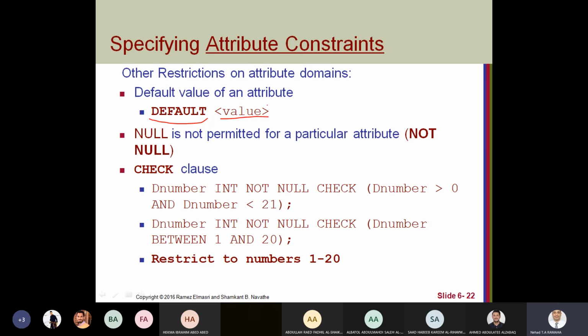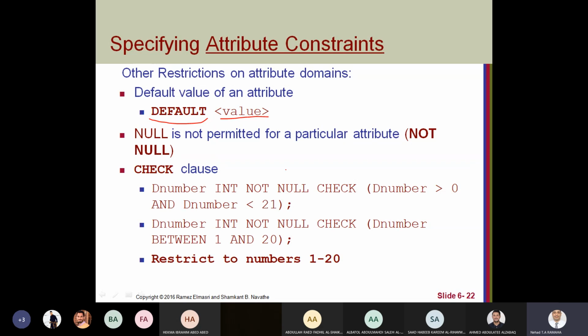It will be deleted with the primary key, or it will be changed. We can define all this. Later we will see the importance of default value, especially with the foreign key. Okay, then this is the default value. If we did not enter the value, it will be taken.